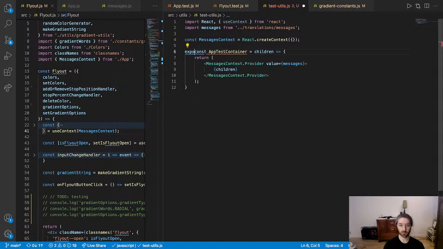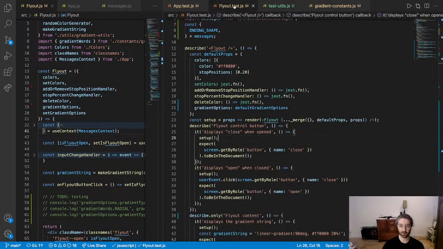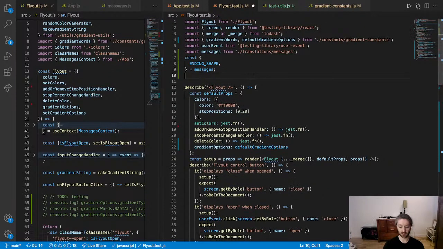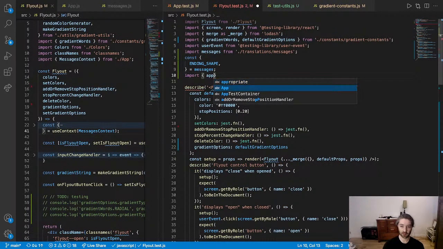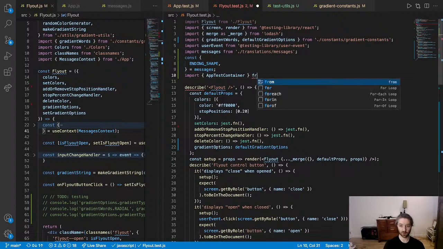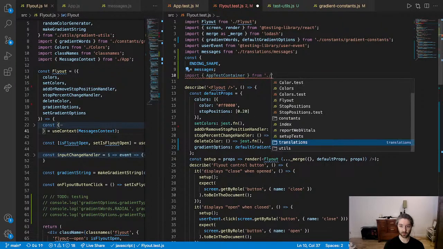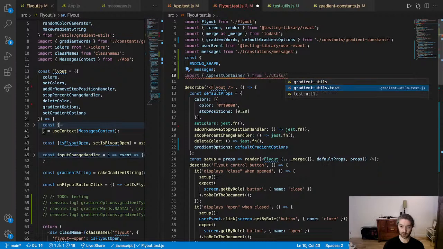This would be export const app test container. So you don't actually need to use context, you need React though. So app test container. So flyout needs import app test container from utils test utils,